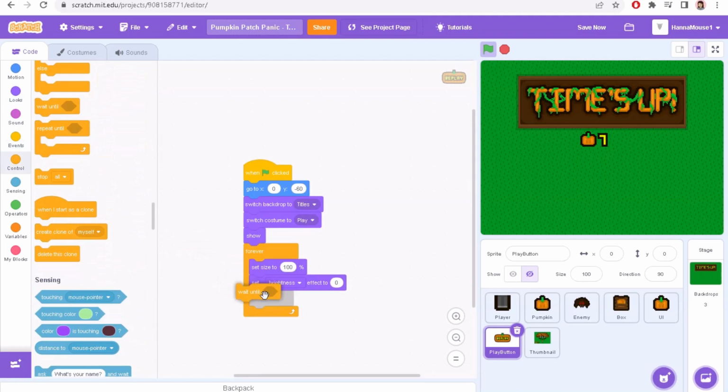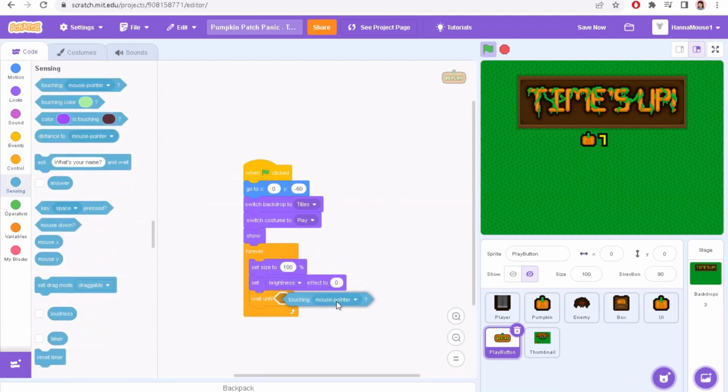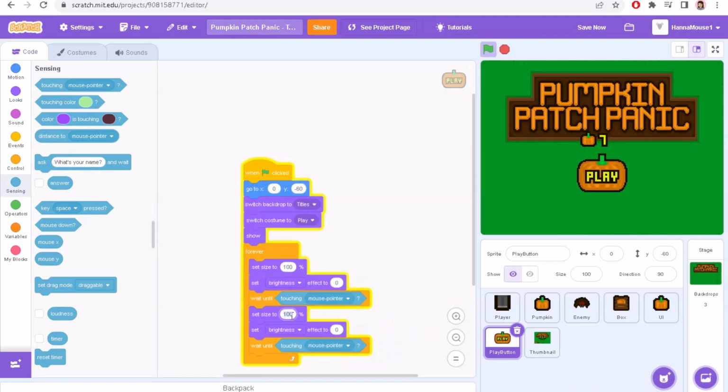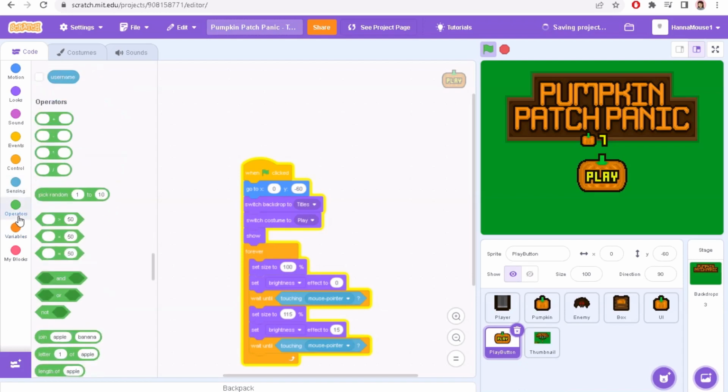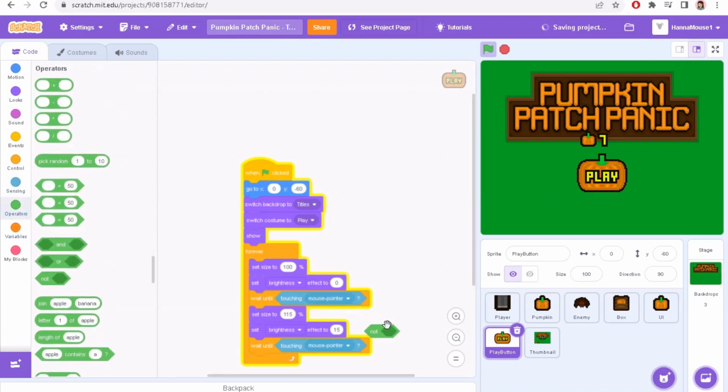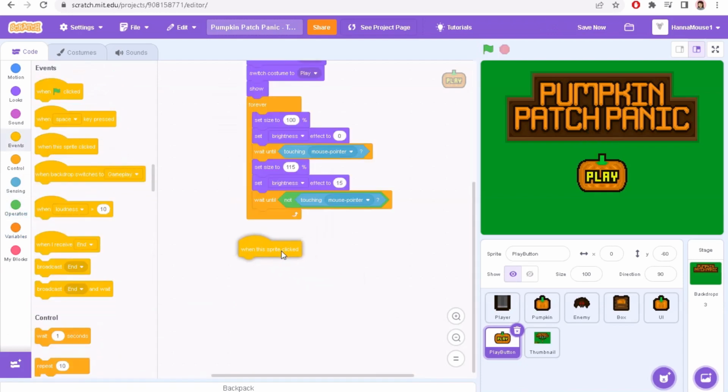Drag in a wait until block with the condition touching mouse pointer. Then copy these 3 blocks and put them in the end of the loop. Change the new size block to be 115%, the new brightness block to be 15, and then take the touching mouse pointer condition out of the new wait until block and move it into a not operator and put that back in. Then drag in a when this sprite is clicked block and attach a broadcast play block, and then